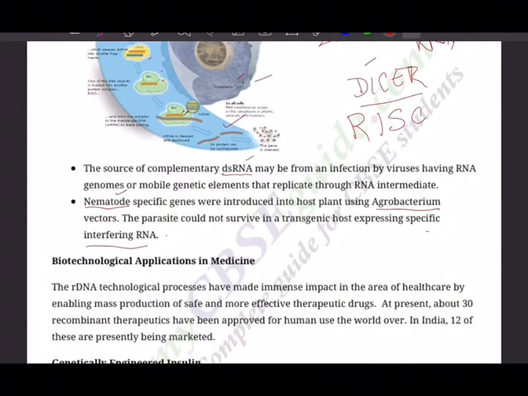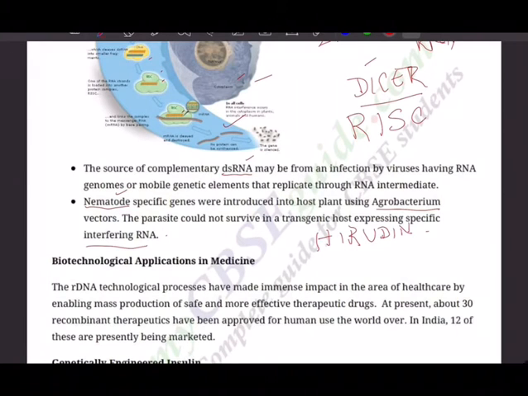Now, some other applications are there in agriculture. The protein hirudin, present in leech, prevents blood clotting. Its gene was chemically synthesized and introduced into Brassica napus. The seeds of the latter came to have hirudin, which could be extracted and purified. So it prevents blood clotting, and we are able to use this for a medical purpose.